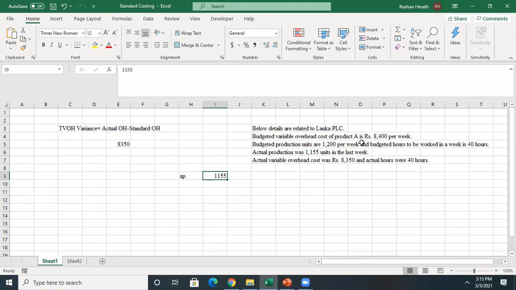Budgeted production units are 1,200 per week, and budgeted hours to be worked in a week is 40 hours. You are given the budgeted production units per week as well. So you work 40 hours, and in that you plan for